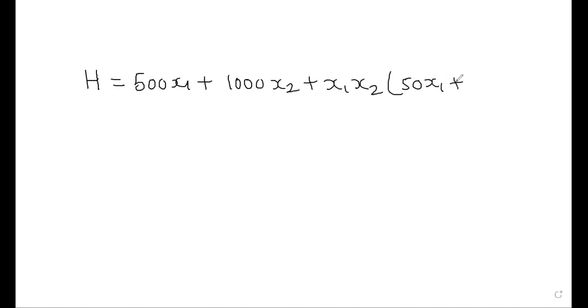So we have an equation: H equals 500 x1 plus 1000 x2 plus x1 x2 (50 x1 plus 40 x2). This enthalpy relation is given at a certain temperature and pressure. Now we have to obtain an expression for